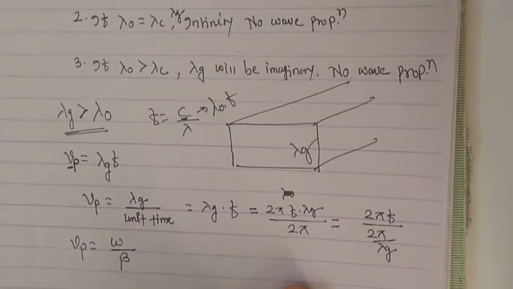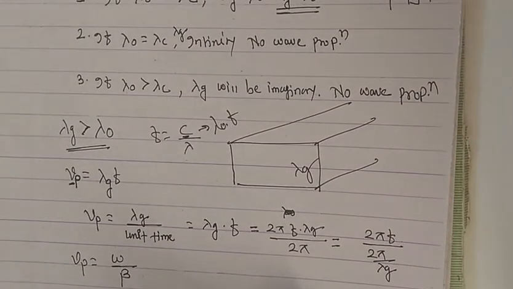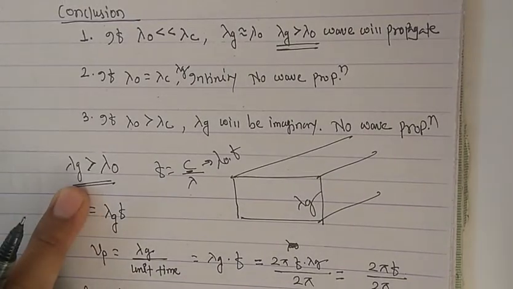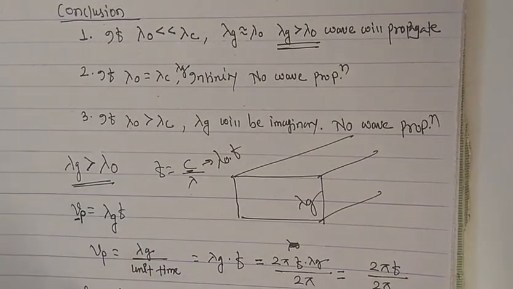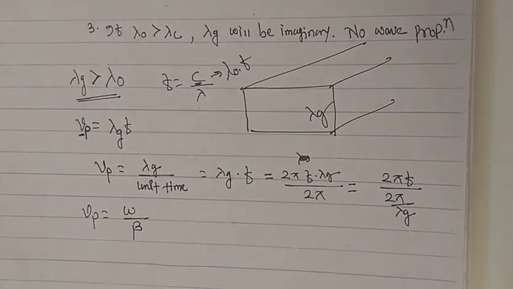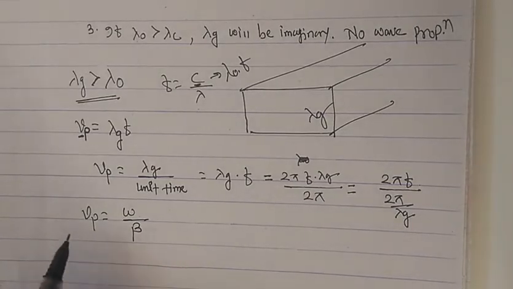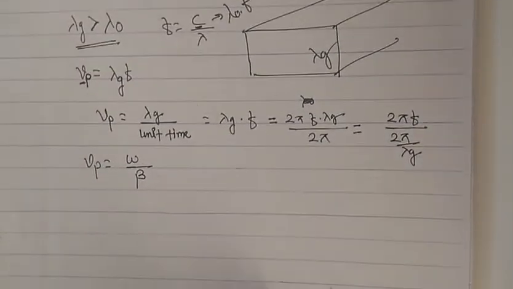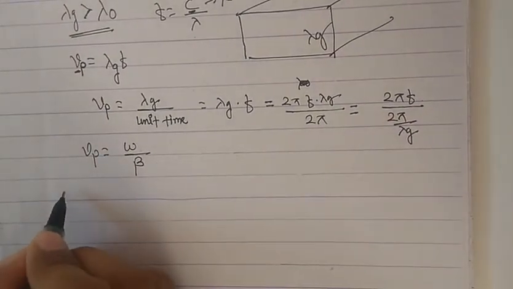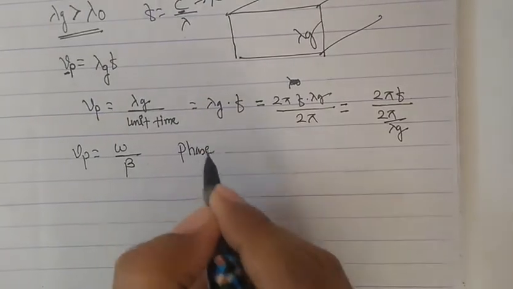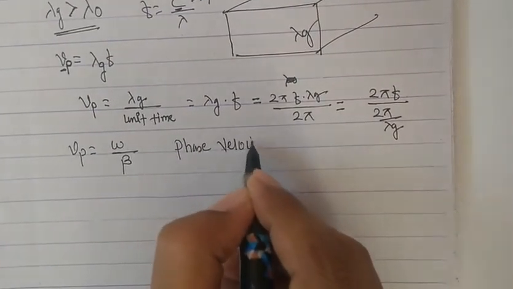The wavelength in the guide is the length of the cycle, and Vp represents the velocity of the phase. Since no intelligence or modulation travels at this velocity, it is termed the phase velocity. This is phase velocity. The next important definition is group velocity.